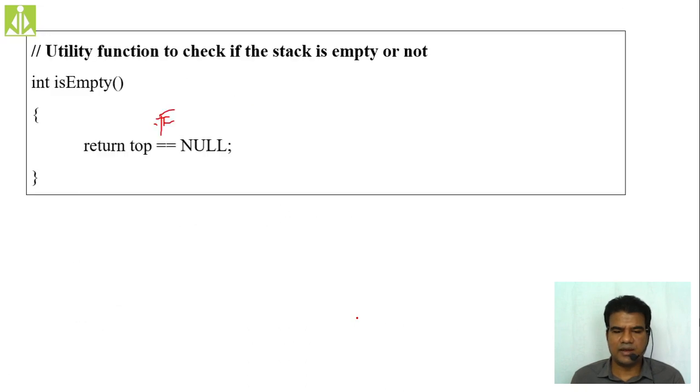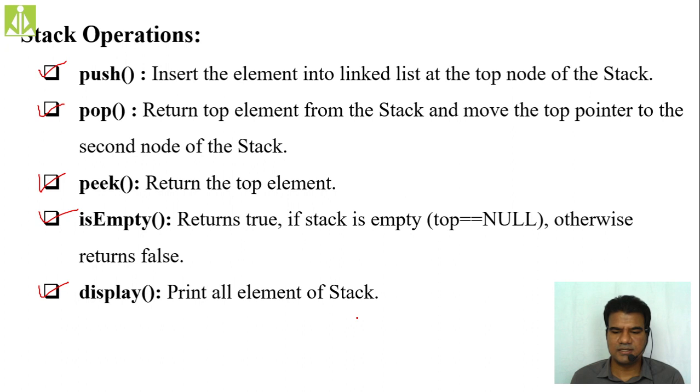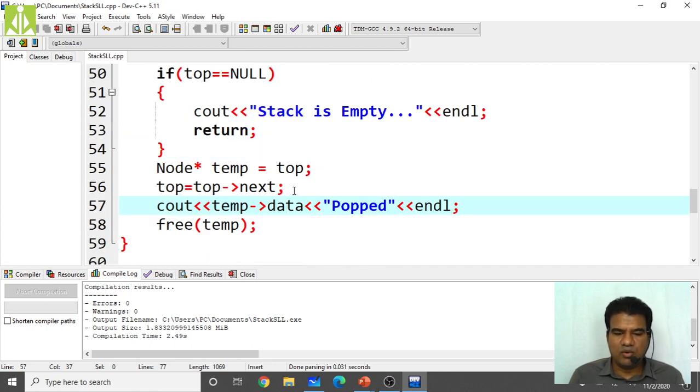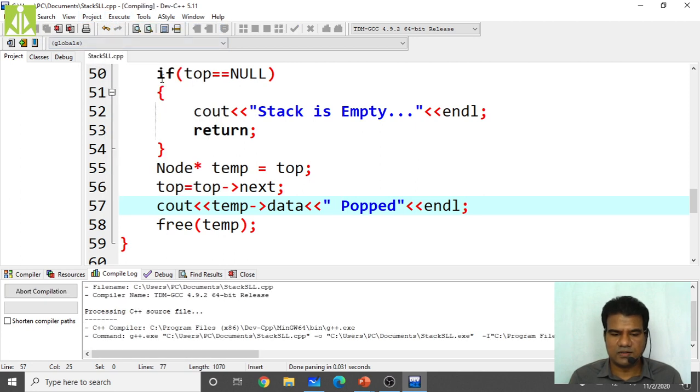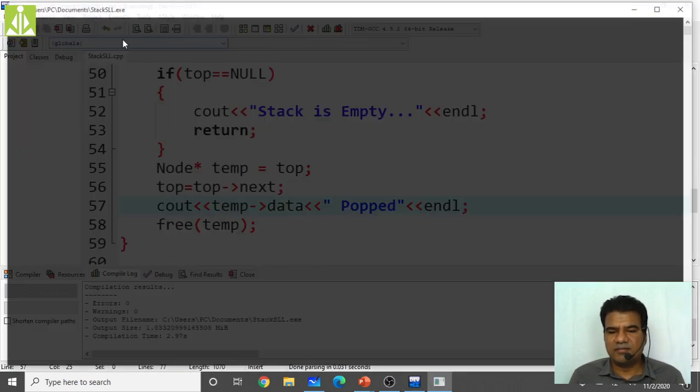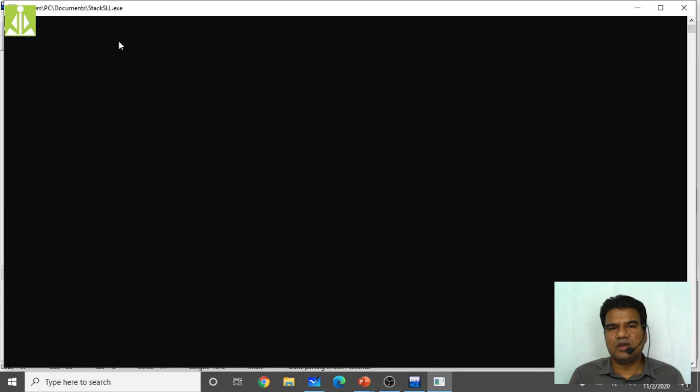Implementation of queue. Yeah, I think we have to see this in tomorrow's class. So this push operation, pop operation, peek operation, isEmpty, and display. In this, push we have done, pop we have done, isEmpty we have done, display we have done, peek is left over. So quickly I will write the code for that peek. And one more small correction, before this pop I need some space, so that we'll get space here also in the output.